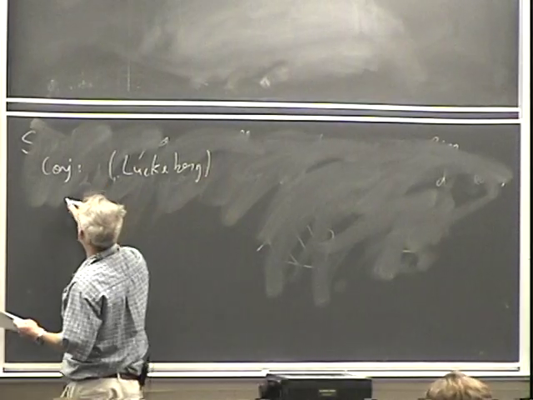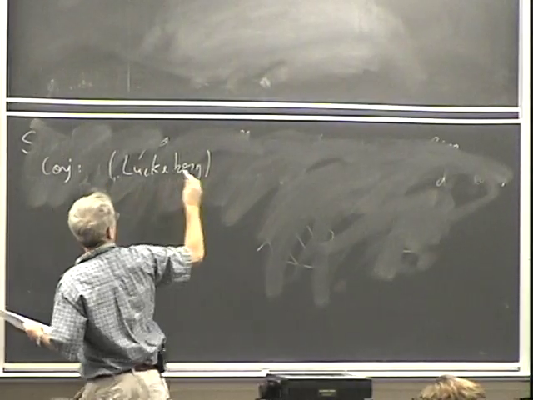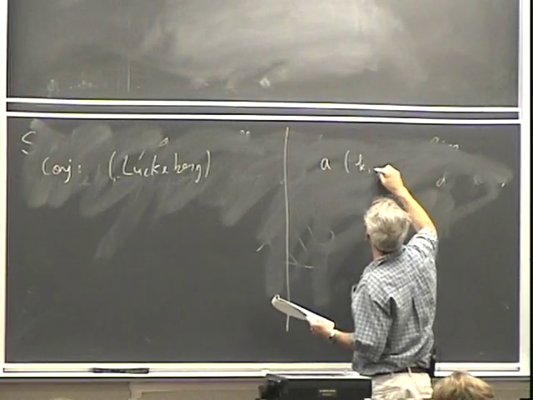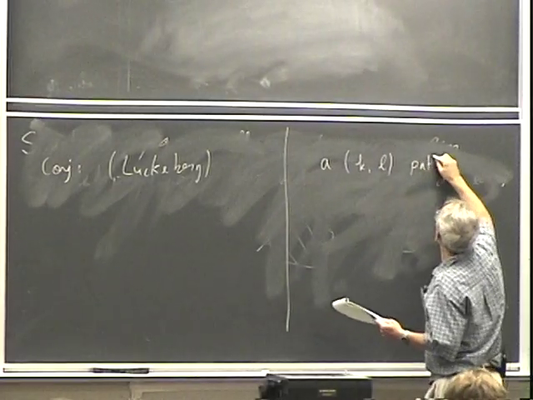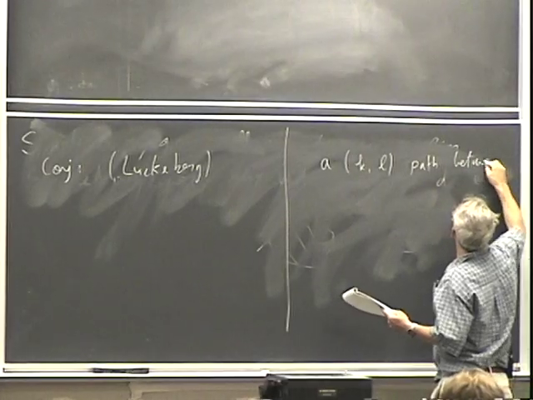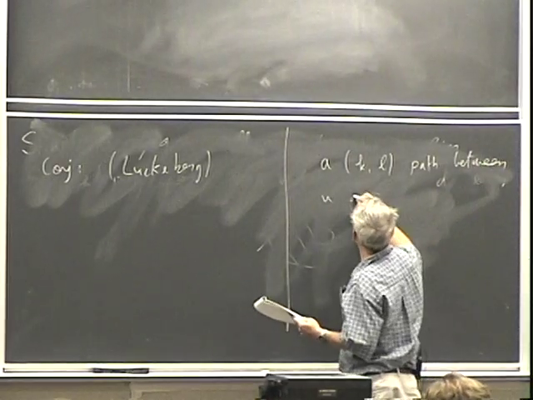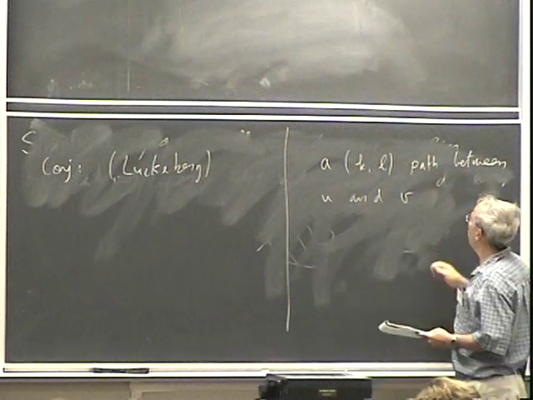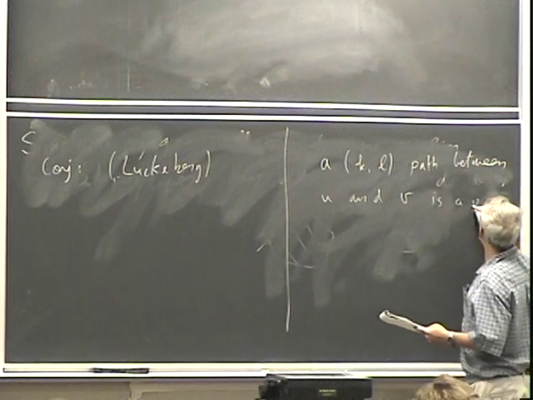It says the following. Before, let me make a definition. A K-L path between U and V, two vertices of a polytope, is